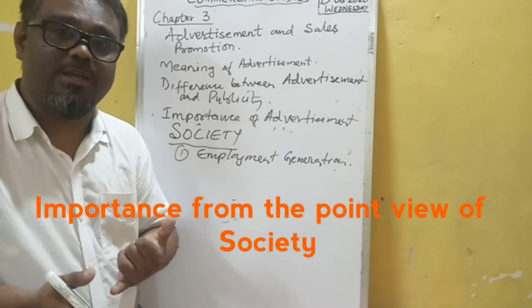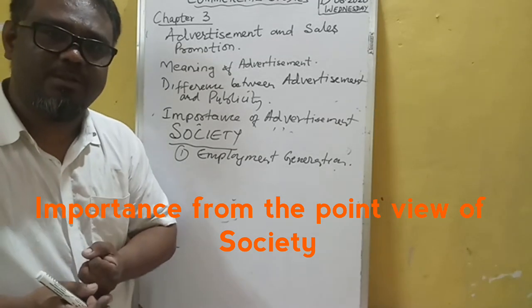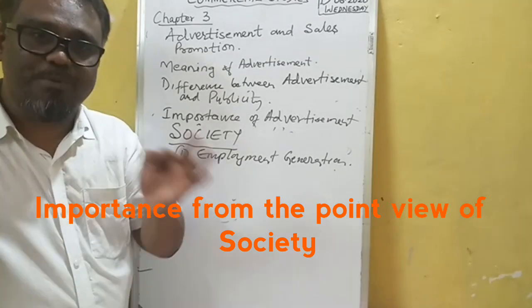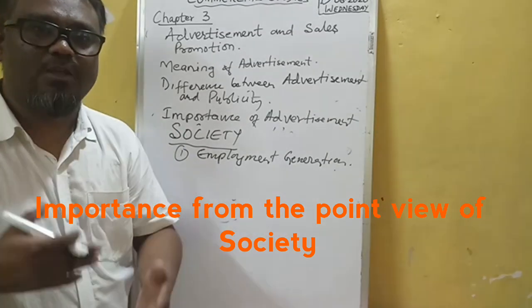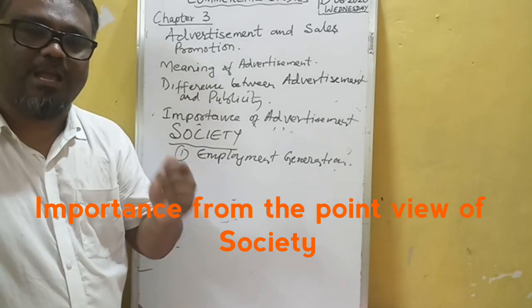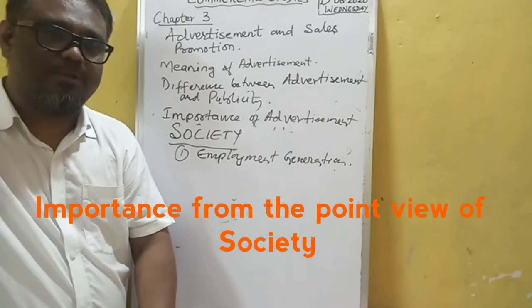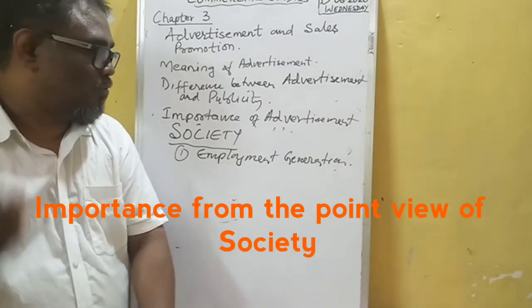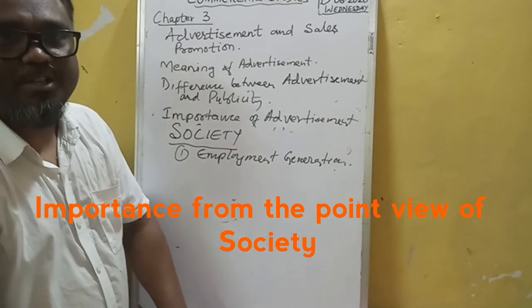If they are a good singer, they will get a singing part. If they are a musician, they can compose the music for the advertisement. If they are good artists, they can draw a good picture for the advertisement. Many agents go door to door to sell, but that is also advertisement. Hanging pictures, making posters on the wall, hanging banners, so that definitely increases employment generation.